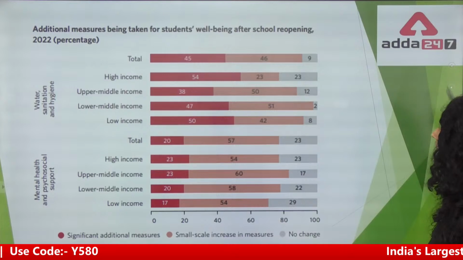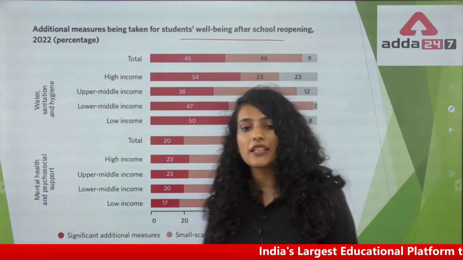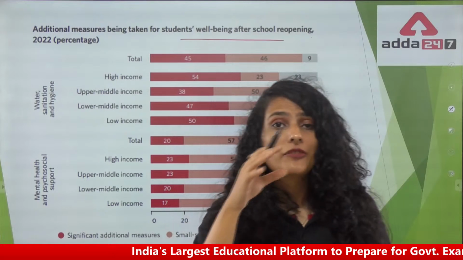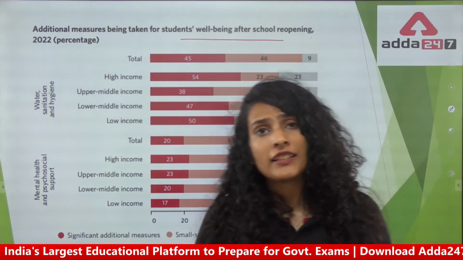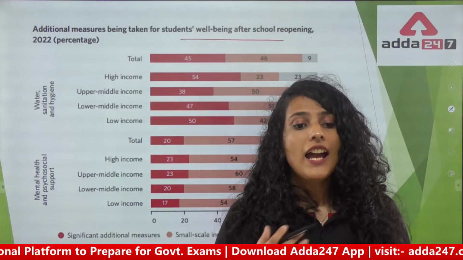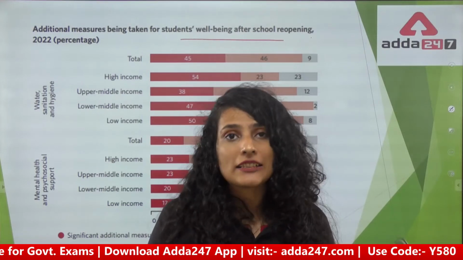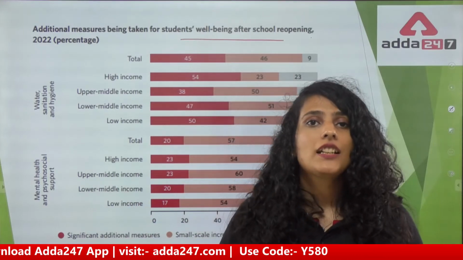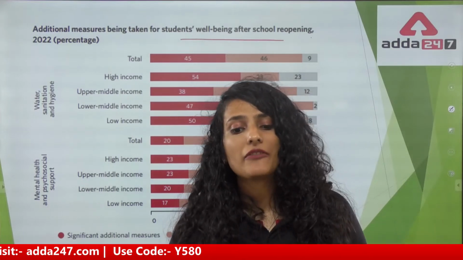Okay, additional measures being taken for students' well-being. So after reopening of schools, in fact, you must have seen a news item recently, because of the Ukraine war, the children in that country are being provided means of digital learning and access, and through digital learning, their psychological and mental health is being taken care of by the school authorities. Okay, because war, of course, must have had a negative impact